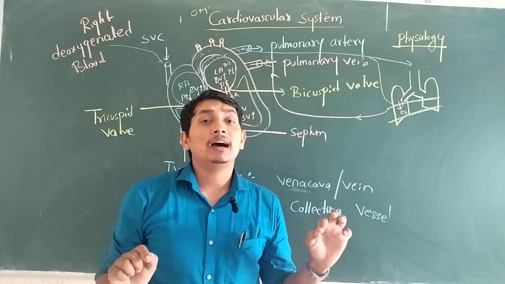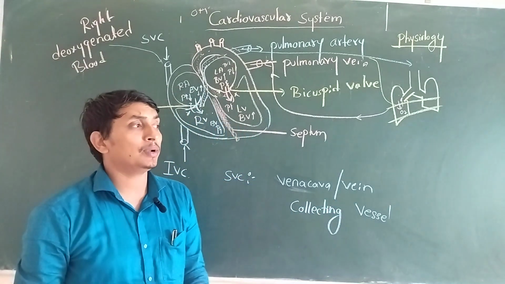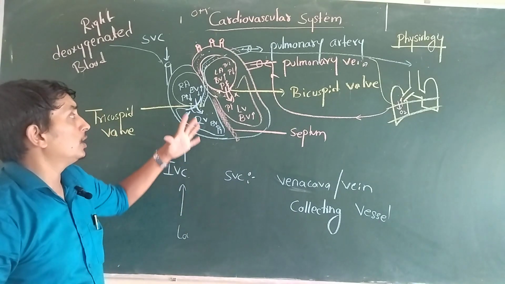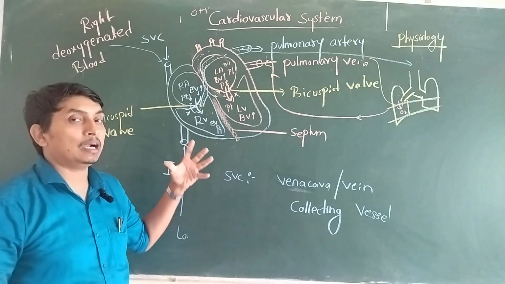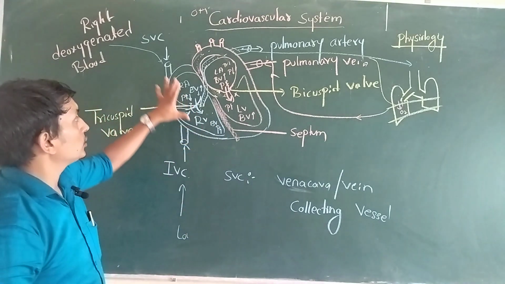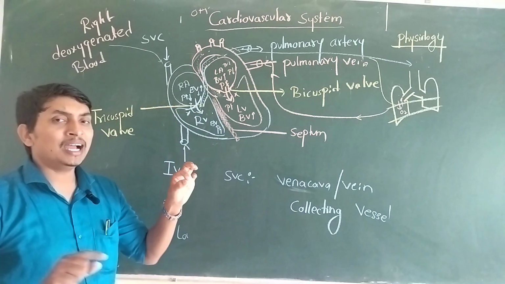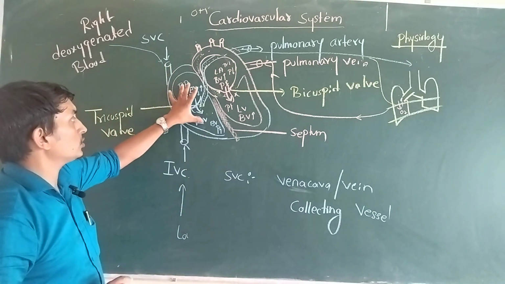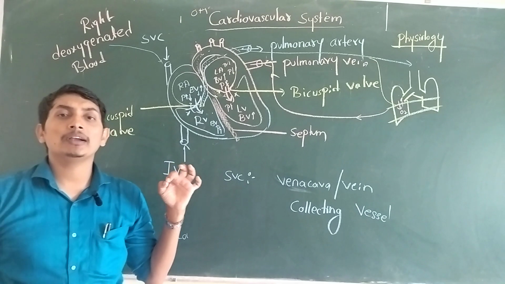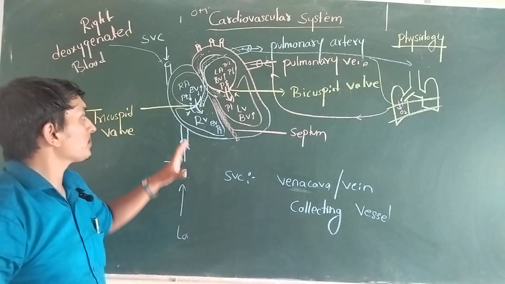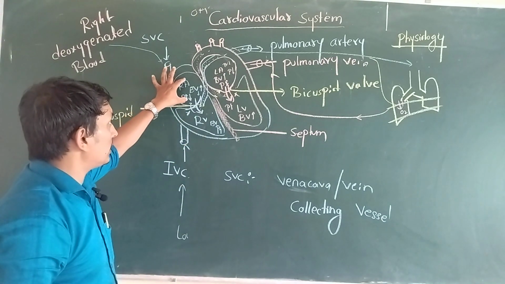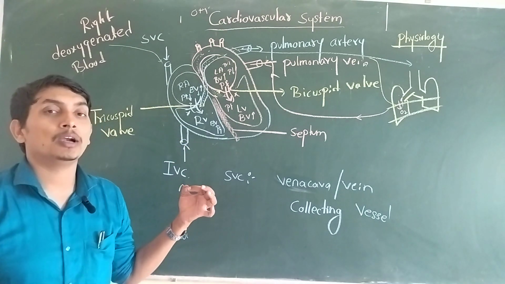So in this way, this is mainly how our heart works. It is a very simple diagram where we discussed that physiology. We'll discuss once more how the physiology of our heart works. Superior vena cava and inferior vena cava collect deoxygenated blood. It is shown in bluish color because deoxygenated blood is bluish in nature. So it gives the blood to the right atrium. In the right atrium, blood volume is high.